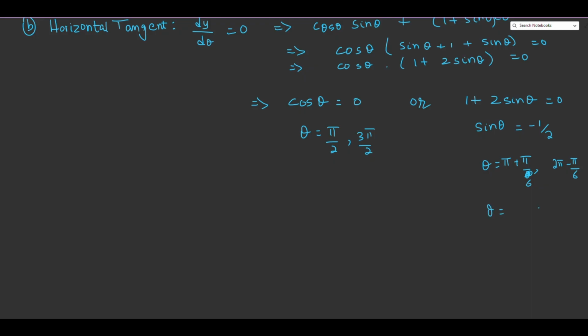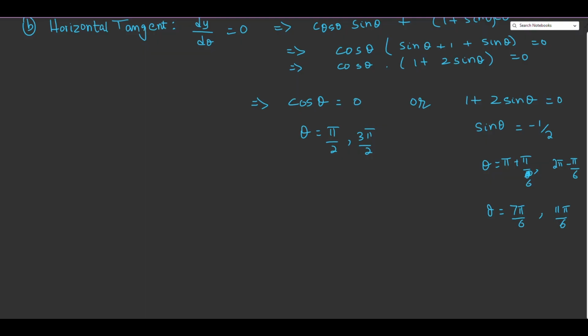So theta equals 7 pi by 6, and from the second one we get 11 pi by 6. So these are the points where we are going to have the horizontal tangents,